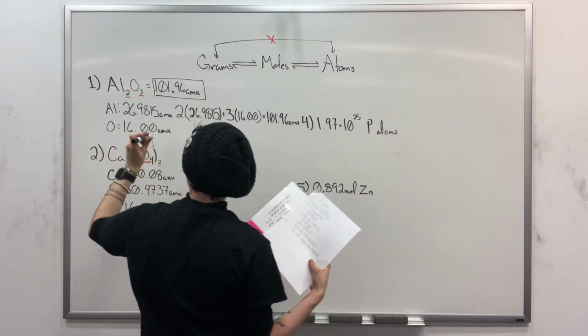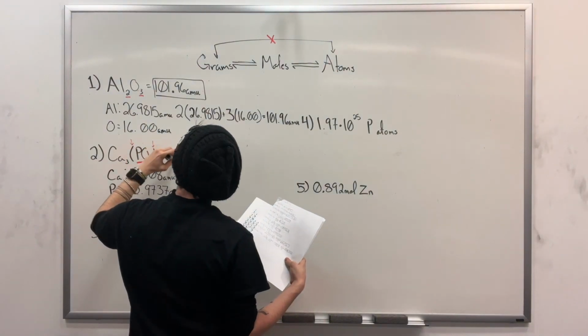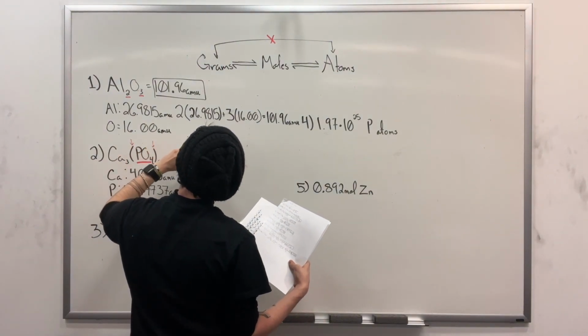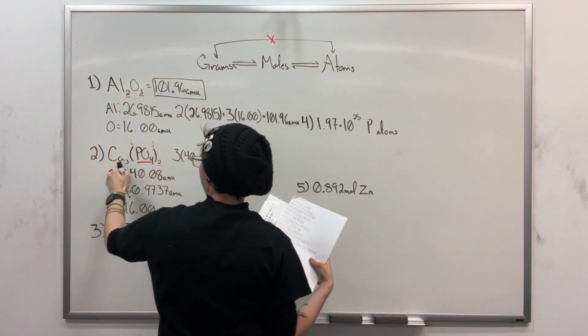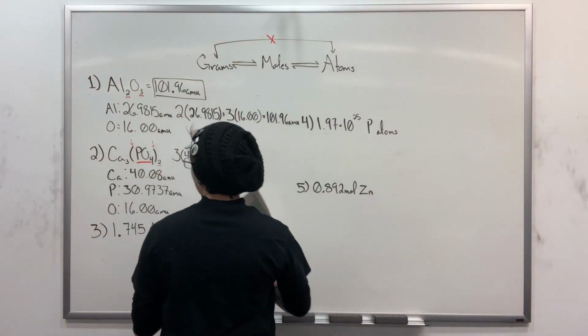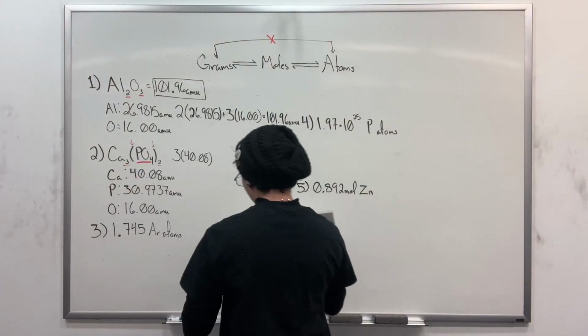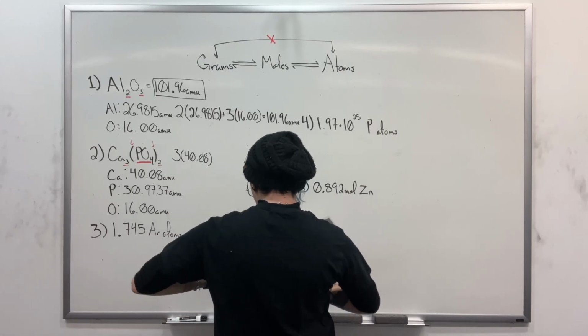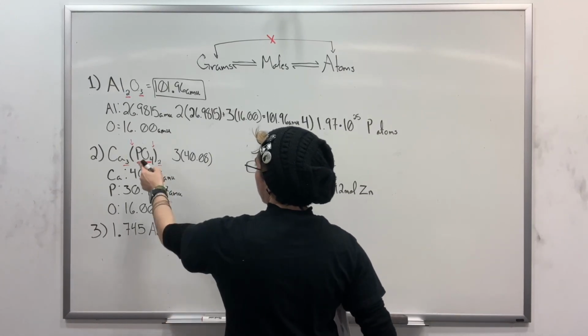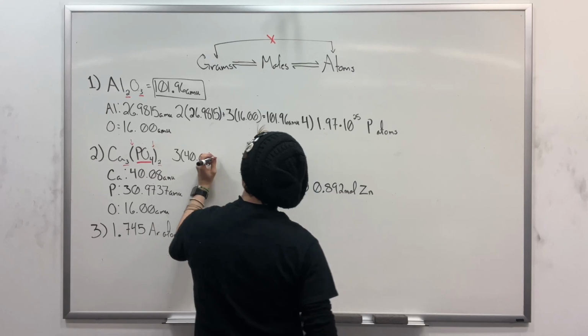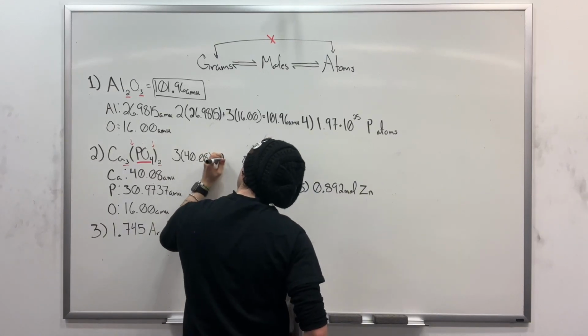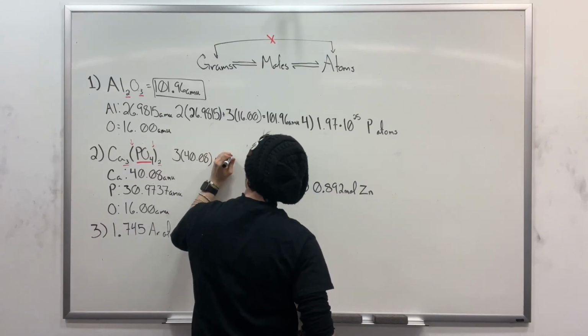So I'll just box the answer at the end. So 3 times 40.08. So we have 3 moles of calcium atoms. And now when we look at phosphorus, we're not going to put 1. This 2 on the outside tells us that we have 2 moles of phosphorus. So it's 2 times